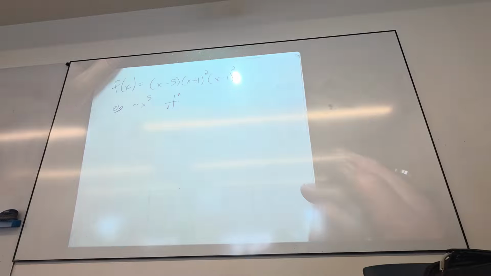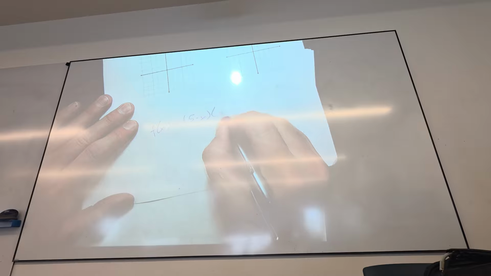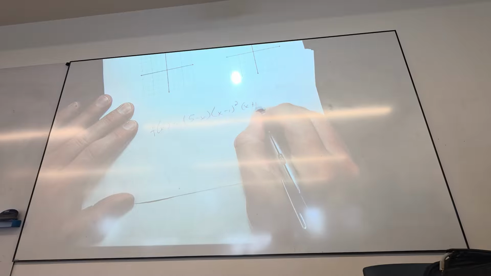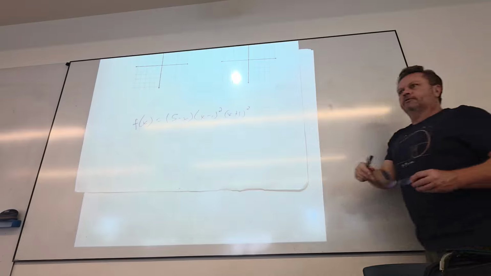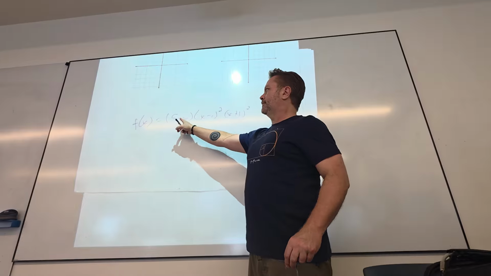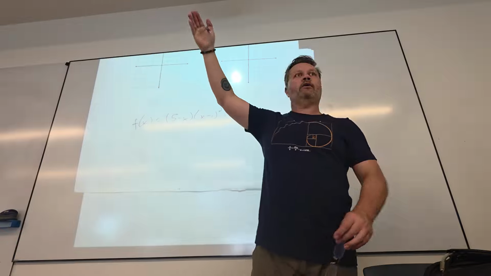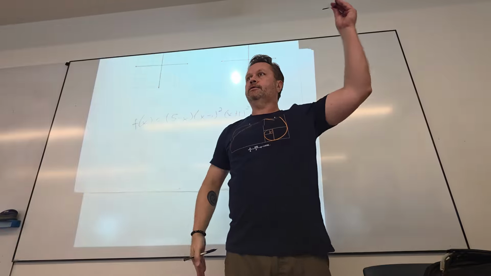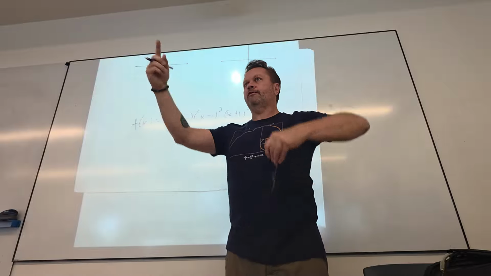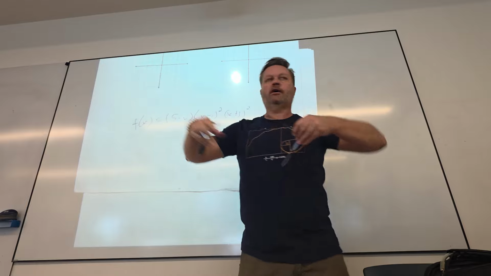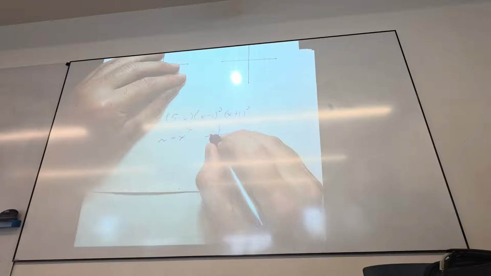What if instead I had this? I think I had this, right? Do you guys see that it's really evil? Do you guys see why this would be flipped? Because this is negative x, right? So you would get negative x to the fifth. So that would be the other way around. Yes? Okay. Because that would be the leading coefficient. The leading coefficient will be negative, which means I flip the whole thing over. This would go like negative x to the fifth, which would look like this,